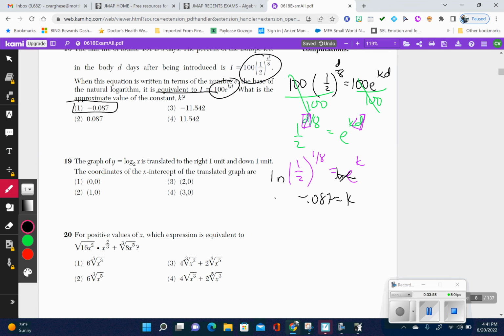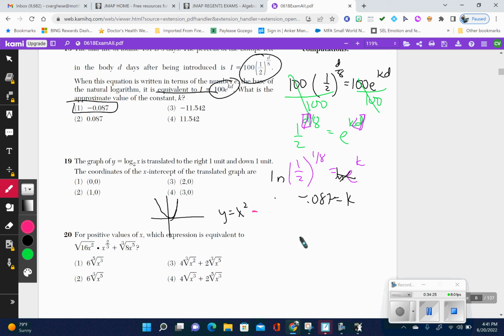So the graph is translated right 1 unit. So this is going to be going to the right 1 unit and 1 down. So to refresh your memory, if you had something that looks like this right here, which is y equals x squared, if you're going to the right and 1 down, you're going to go ahead. 1 down is going to be